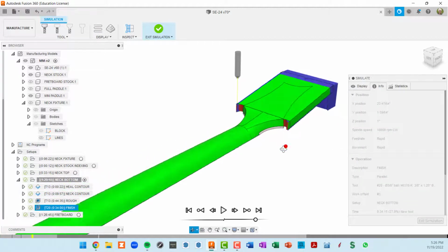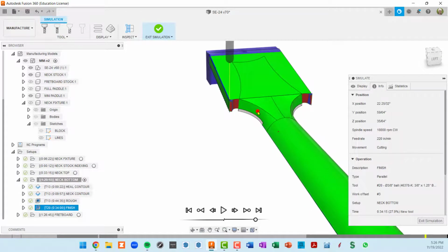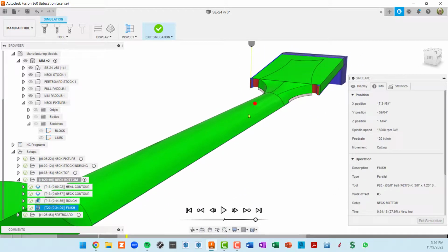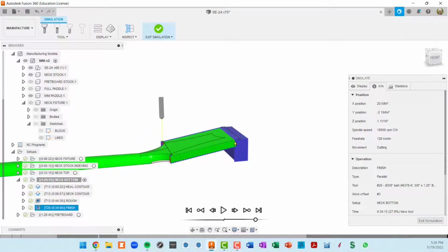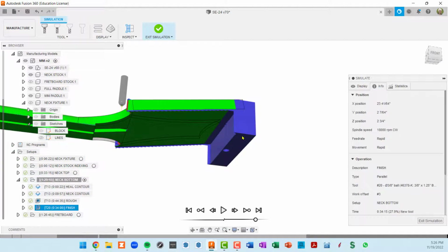Okay, so the finishing operation has completed. You can see that our transition areas are nicely finished. Let's also examine up here. Our headstock is still attached to this block, which is great because we don't want this vibrating as it gets cut. And I think this is going to be enough, with this surface being taped down right here